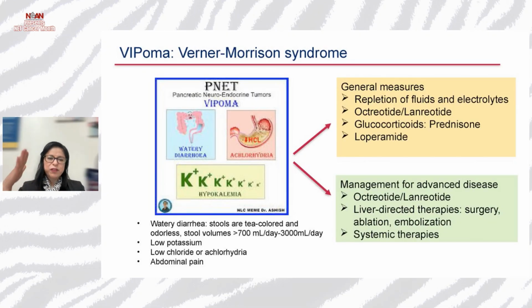And because of that profound watery diarrhea, they can also lose a lot of electrolytes, so low potassium, low chloride, and abdominal pain. So it's important that when this happens, we recognize it, because these patients require other measures such as repletion of the electrolytes. Injections such as octreotide can sometimes help in patients with severe symptoms. Sometimes the steroids can help too, but it's always important to recognize and manage not only with general measures, but also depending on if it's localized or advanced. If it's localized, surgery is usually what is recommended, and then some patients can be cured. But in the setting of advanced disease, there are other measures such as systemic therapy, surgery that need to be